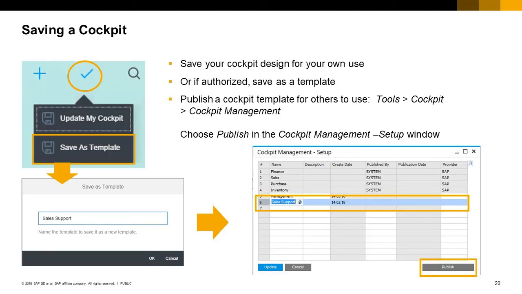Once you have designed a cockpit layout, you can save the cockpit for your own use. Authorized users can save the cockpit as a template for other users. If you are authorized, you will see 2 choices when you save the template: Update My Cockpit and Save as Template. If you save it as a template, you can publish the template and then assign it to a user